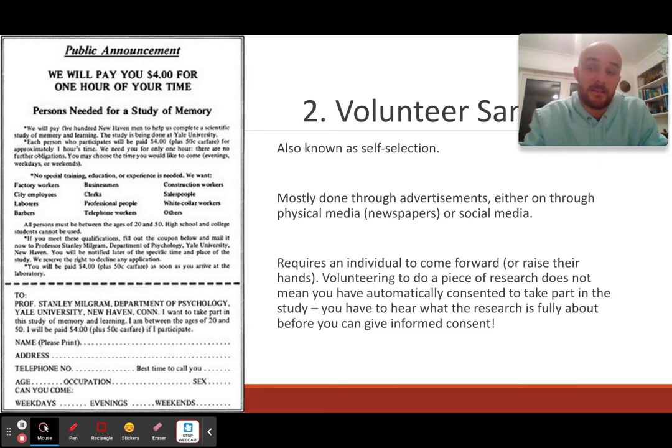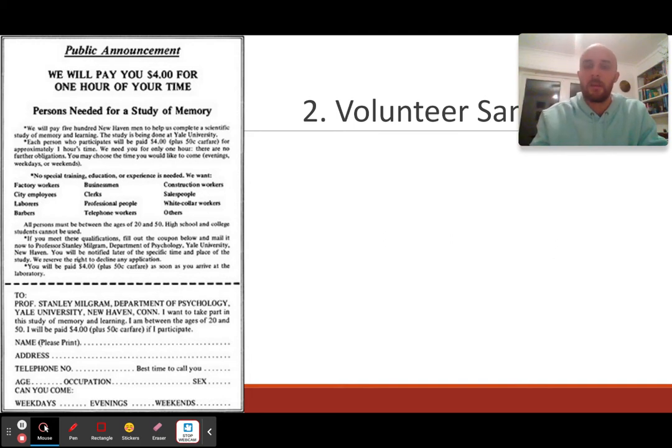Volunteering, important to note, does not necessarily mean consent. You still have to tell them what is going on, and then they give you informed consent. But one thing to keep in mind is the type of person who is going to come forward. Now, let me briefly tell you what happened to me when I was 18. I heard a radio, that was a thing that used to play music, advert looking for males aged 18 to 25 who did not have asthma and were generally very healthy to come forward for an experiment. I rang